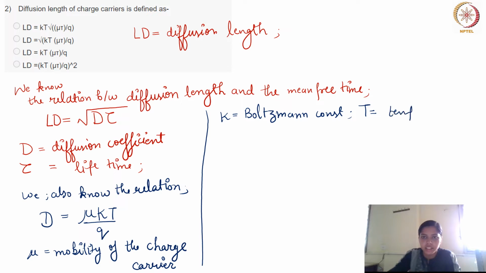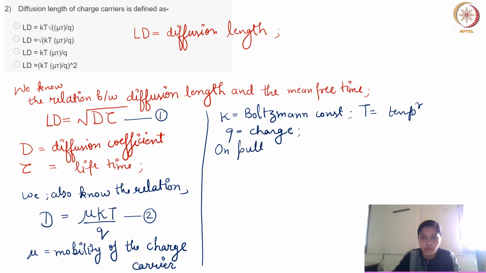T is temperature, Q is the charge. Suppose this is your equation number 1 and this is your equation number 2. Now, on putting the value from equation number 2 into equation number 1,